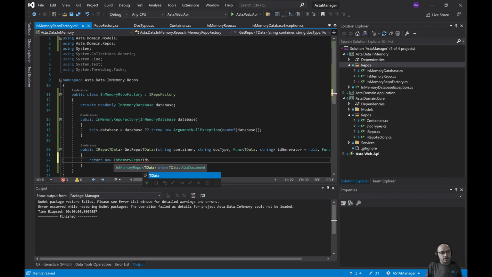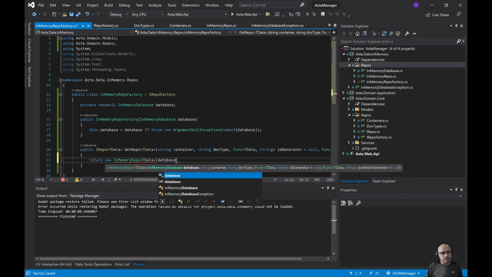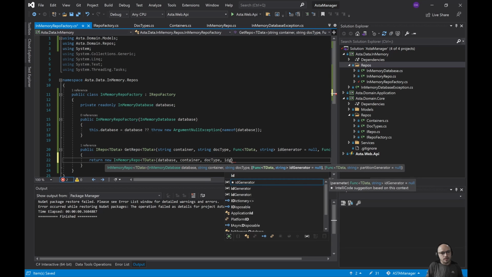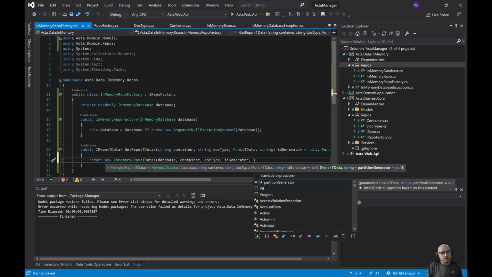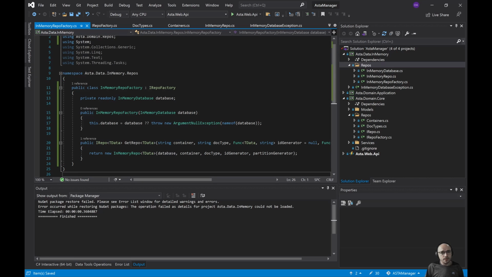In-memory repo data database container type the generator and partition generator, and that's our factory. The next thing I want to add is a little helper method